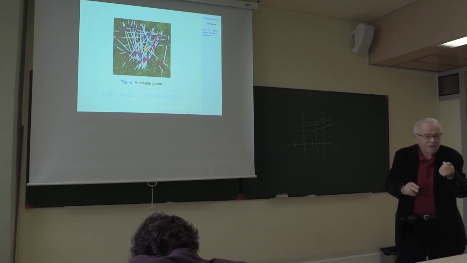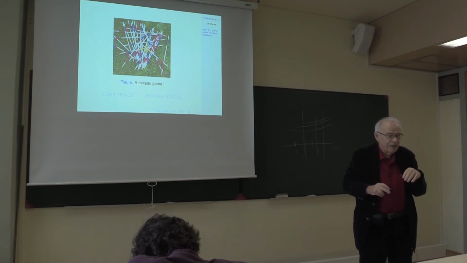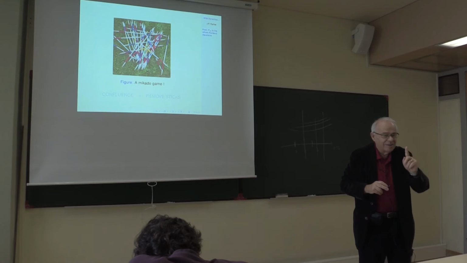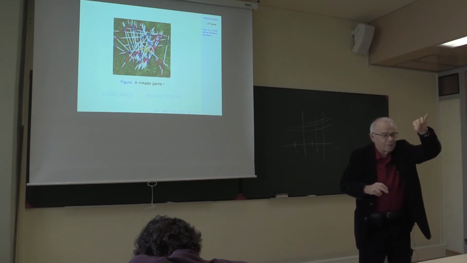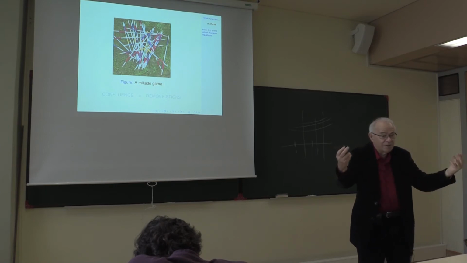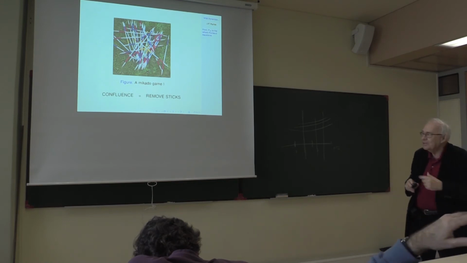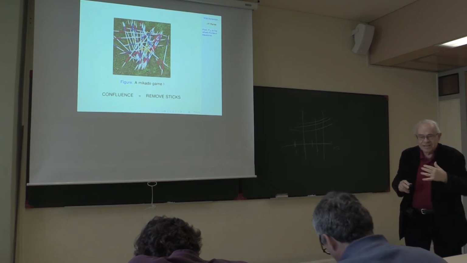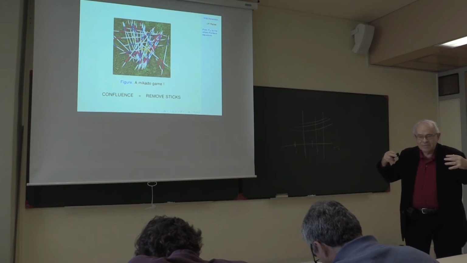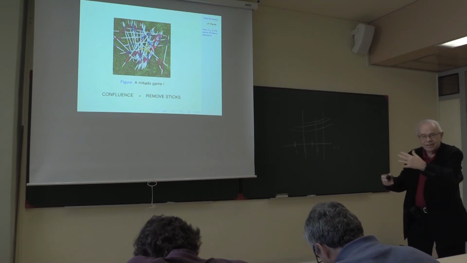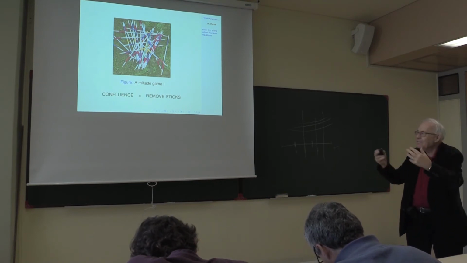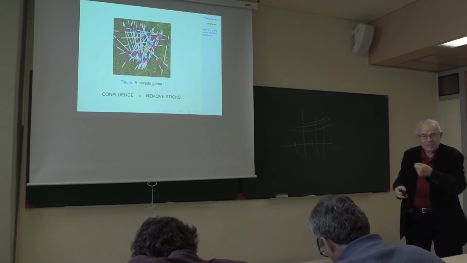And what is removing a line? Removing a line is to blow down the line. In fact, you blow down a line; the line is cutting infinity. There is a point at infinity. You blow down the line onto a point at infinity, so it disappears from the picture, just like Mikado. So the basic idea is that you have a general mechanism of confluence for Painlevé equations. On the right side, on the Plateau ideal world, it is removing sticks.